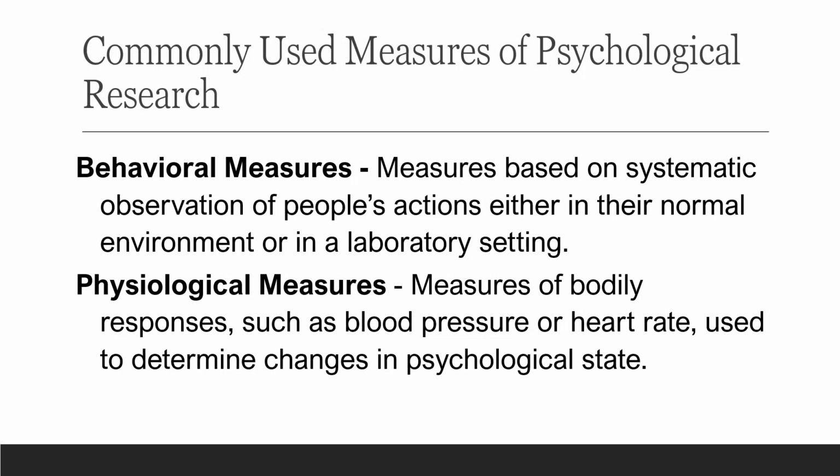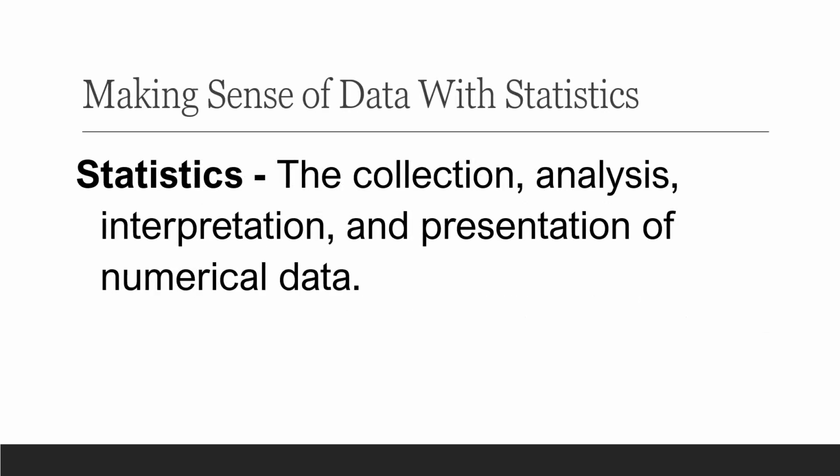And lastly, we have what we call physiological measures. Like what I told you earlier, sometimes we can measure biomarkers like heart rate, blood pressure, etc. to determine if there's an increase in anxiety, activity in the amygdala, etc. And then when we have the data, we are now ready to make sense of the data. We are now ready to report the data. In other words, we make use of statistics to analyze, interpret, and present the data in a numerical